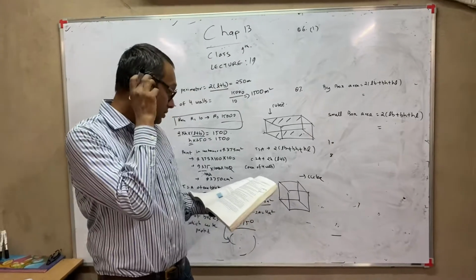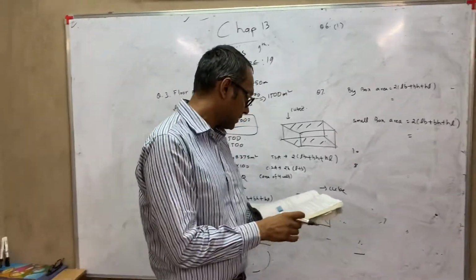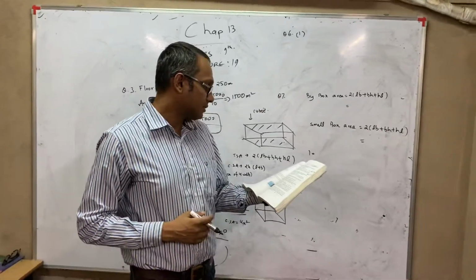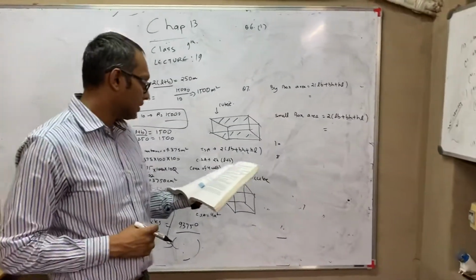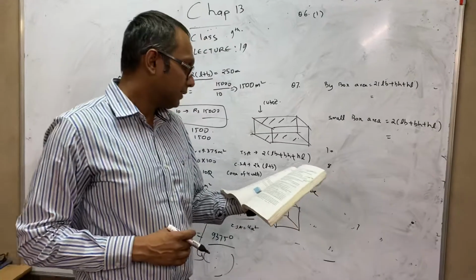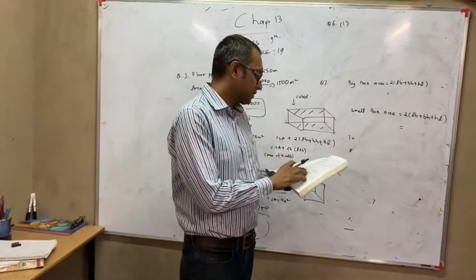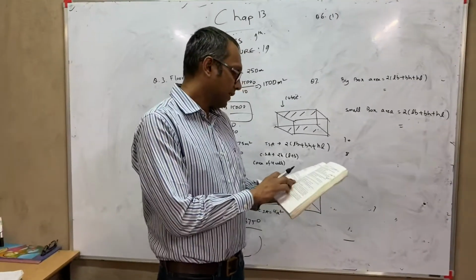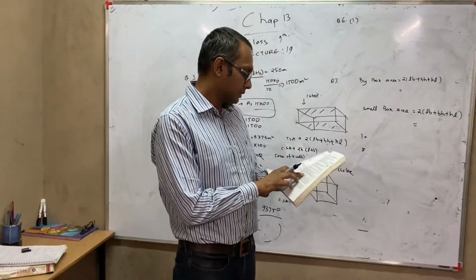Now the last 2 questions which we will discuss are question number 6 and 7. First 6. A small indoor greenhouse herbarium is made entirely of glass held together by tape. Its dimensions are 30 cm long, 25 cm wide and 25 cm high. Find the area of the glass.